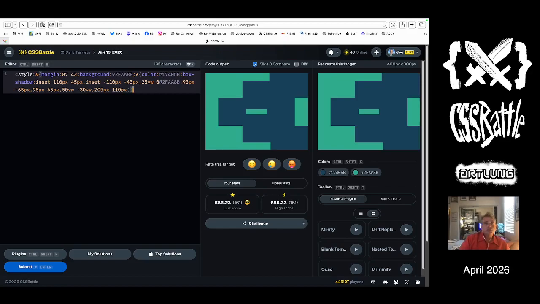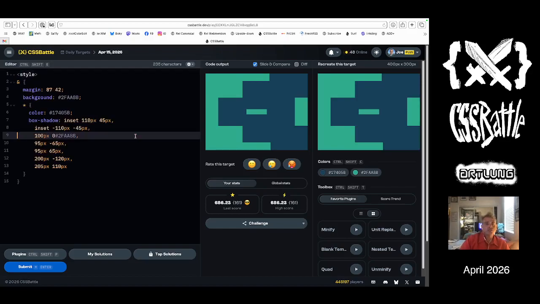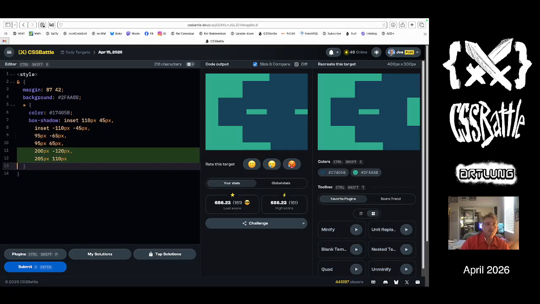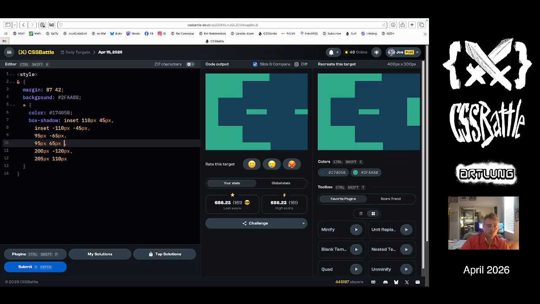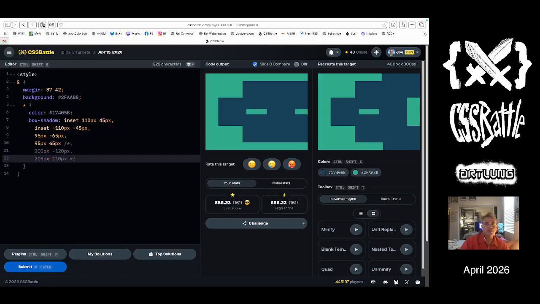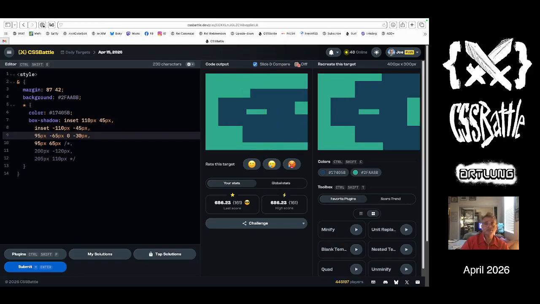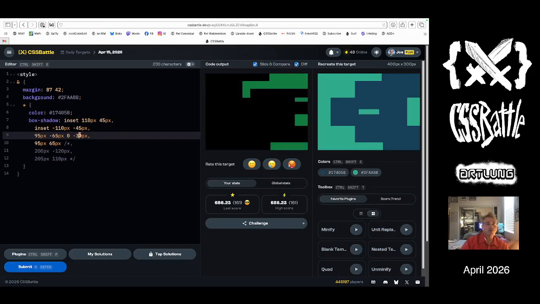So that's a solution. I'm going to undo this, and then I'm going to comment these out. These final two. Okay, so we made that. So if we added a 0 and a minus 10 pixels, 20, 30. So that's kind of interesting, right? Like we made it smaller and maybe we can use that minus 20,